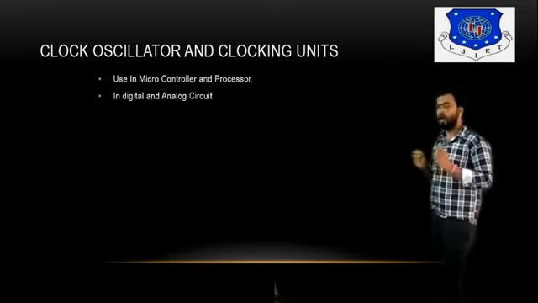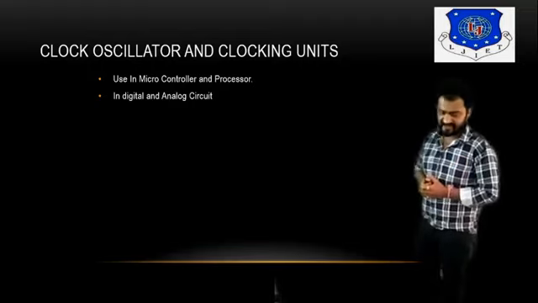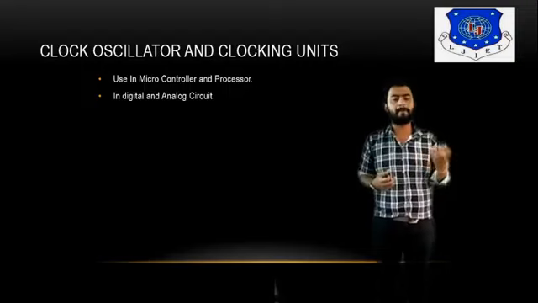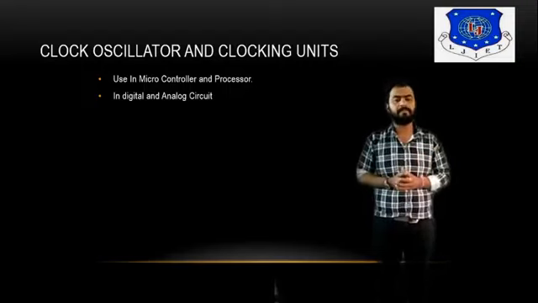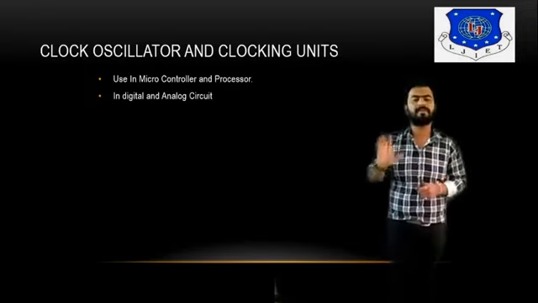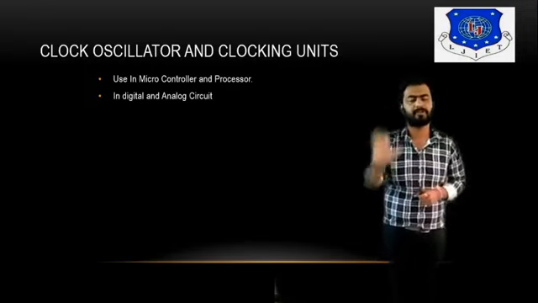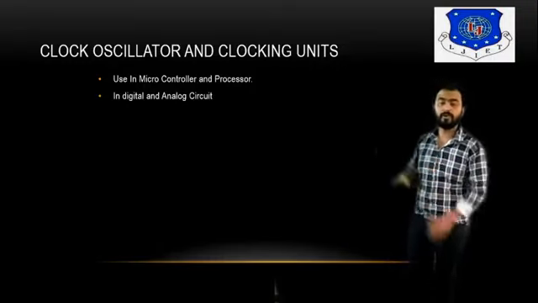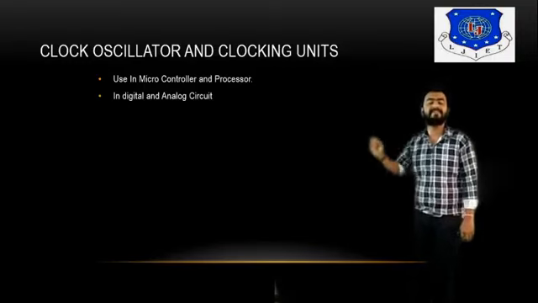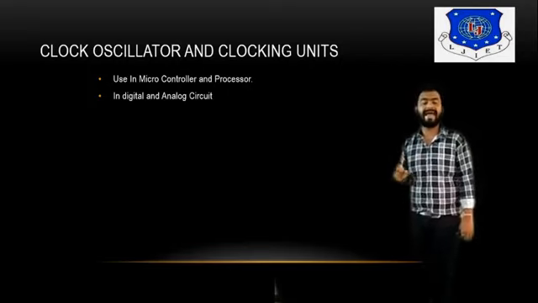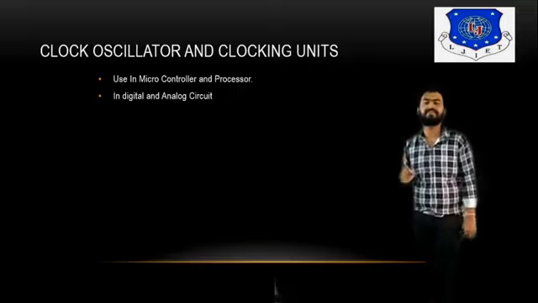Now, clock oscillator circuit. What is a clock oscillator circuit? First of all, see, as in the human body, our heartbeat works as a pump, and if our heartbeat stops, the person will die, right? Similarly, for an electronic circuit, the clock pulses work as the heartbeat of the particular module, chip or device that you have. The clock oscillator circuit will drive a particular component or a specific application. It works as the heartbeat of a digital circuit.